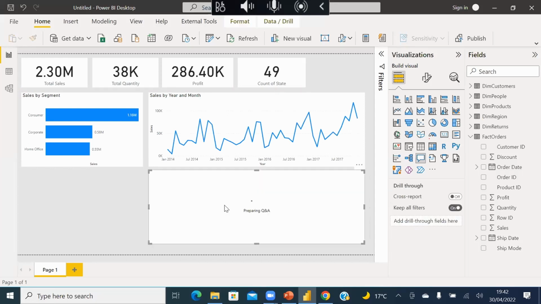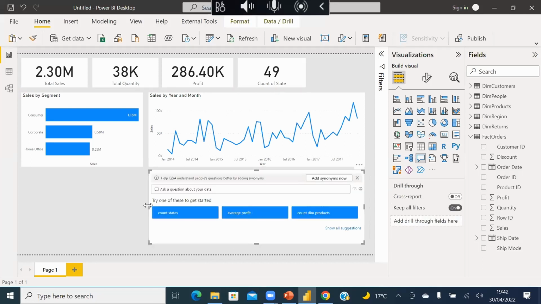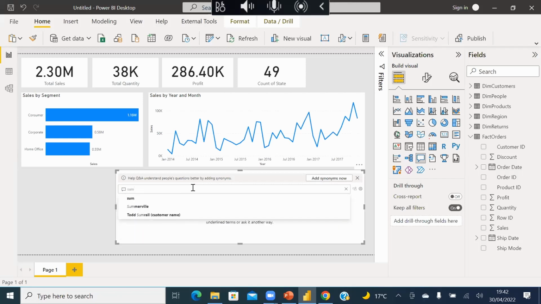I can also come here again and let's do something more advanced. For example, when we started, I showed you how the profit column contains loss, right? How about we find out our total loss? So what I have to do now is come here. I will say sum, follow carefully. For people who know how to write SQL, this is an advantage for you. All you have to write here is just write in English, right? Sum of, remember, we want to sum profit. Sum of profit.